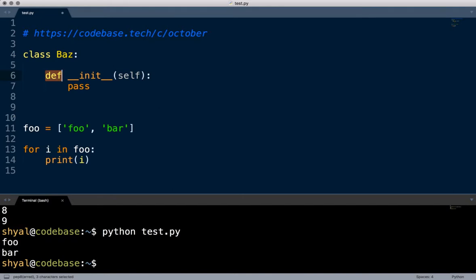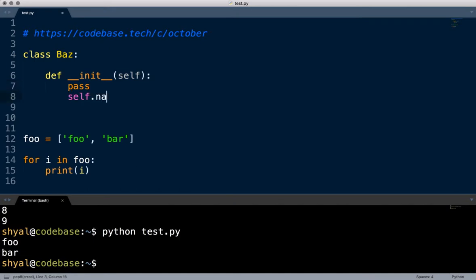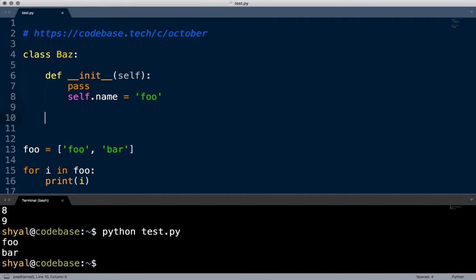And since this is a method inside a class, we have indented its declaration. And the double underscores, these are essentially the default methods inside classes, which you can then override to add your own functionality. And __init__ is the constructor that gets called as this class Baz gets created and instantiated. And I believe that I did self.name equals foo, and then again I did __repr__, and I don't want to get into __repr__ yet, because __repr__ is a formal representation of the object, and that's a really hairy subject,